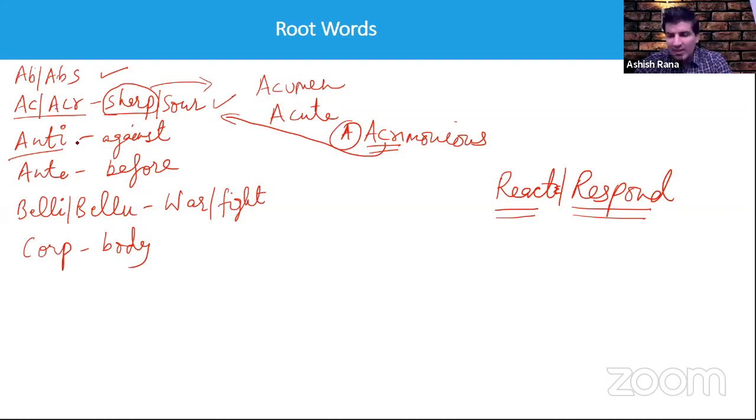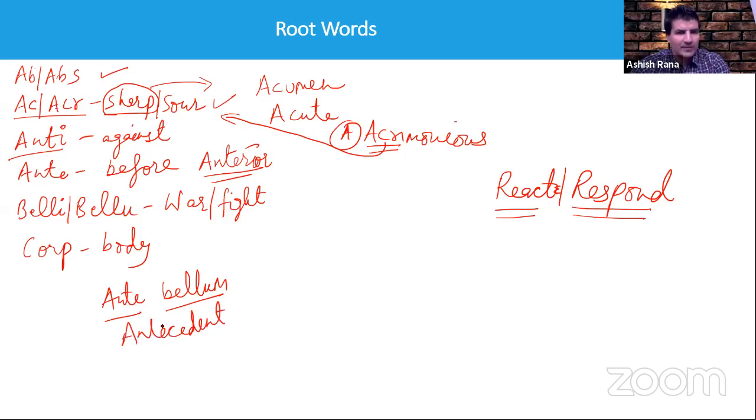ANTE, okay? Ante, which means before. So for example, if I say anterior, okay? So this means front of the house, okay? Somebody saying Anthony, no. Oh, antebellum. Okay, excellent. Somebody saying antebellum. That is an excellent word. Yes, antebellum means ante is before and bellum is actually war. Okay, so before war. Okay, antecedent is also somebody saying, excellent. Antecedent is also correct. Very good. Okay, excellent.